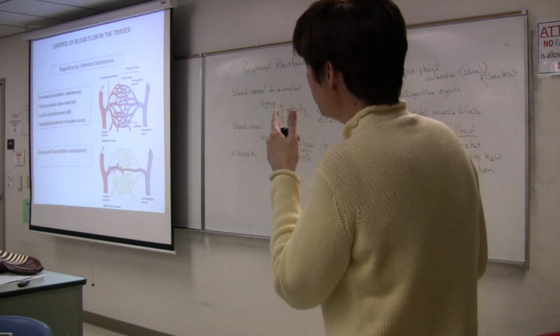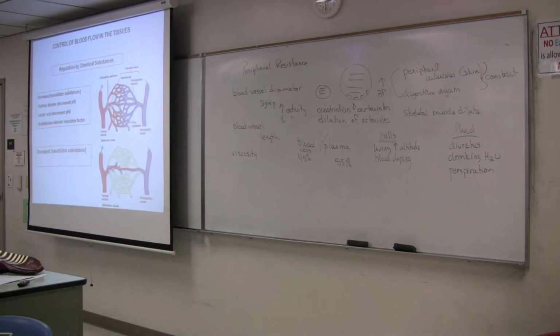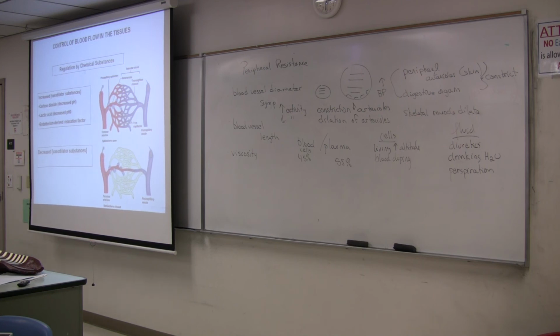All right, so in your lecture notes, there is a table of chemicals that affect blood flow on page 116. Really, the only one that's new information is that top square, where it says increased vasodilator substances such as carbon dioxide, lactic acid, or a chemical from the cells that line the blood vessels. That's the only one that's new information that you need to worry about. And we've talked about this, it's just increased carbon dioxide. It's because the tissues are using up the oxygen. So in response to that, our precapillary sphincters dilate and we get more blood flow to a particular tissue. Okay? So the only really new